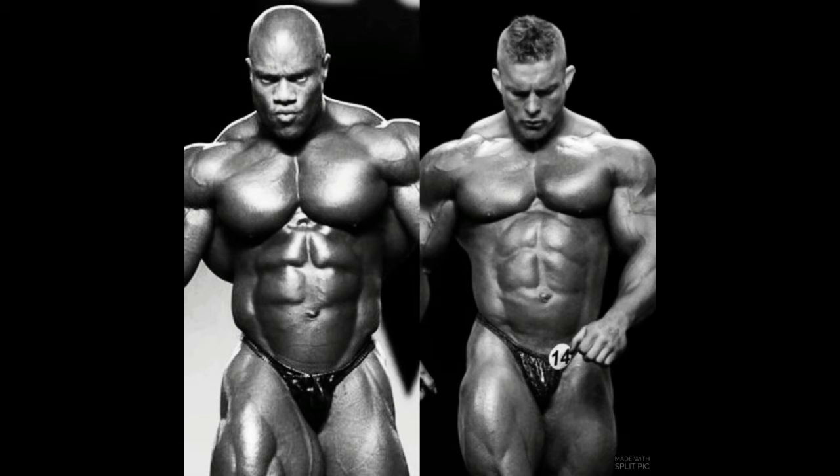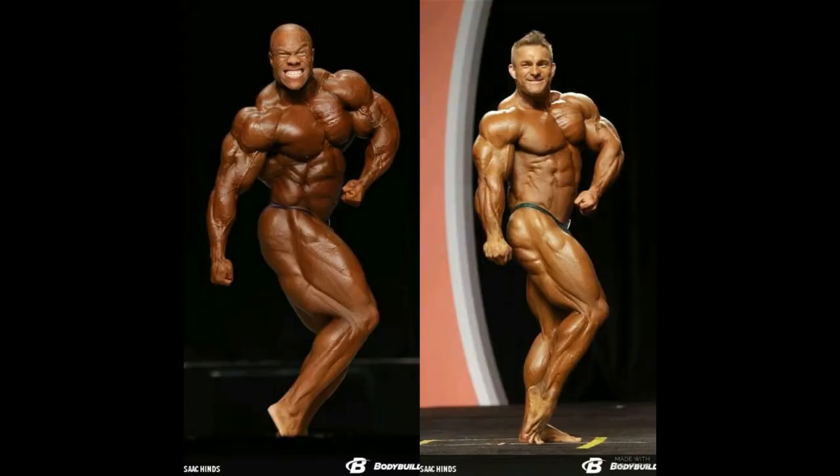First one here I've got is a side tricep. Now this isn't the traditional side tricep pose, but it's the one that I could find with both of them in as close as I could find to their best condition. And apologies to either one of these guys if I bring up a photo that isn't one of their better ones or more recent ones. So side tricep,